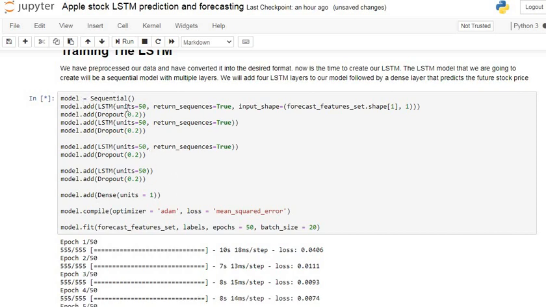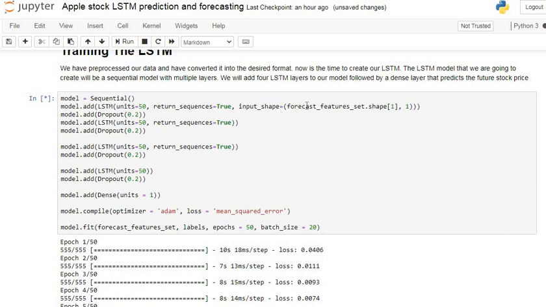Our model consists of a sequential model. After that, we add our LSTM layers. LSTM layers consist of 50 units, that is, 50 neurons in each layer of the neural network. After that, we set return sequences to true, that is, we have to add some further layers. That's why we give return sequences as true.